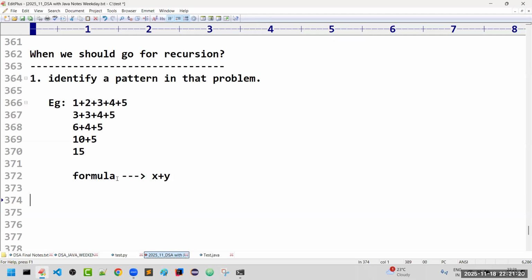Sir, is the first step clear? A couple more steps are there. Clear up to this? Yes, Siddharth, your assumption is right. Everyone, please confirm. Don't sleep. Clear up to this?